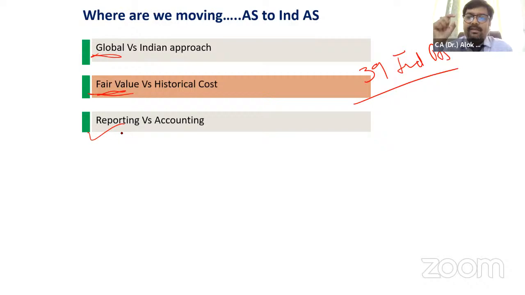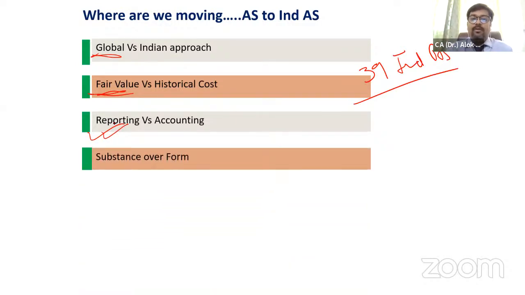If I compare my Indian financial statement, which is a 30 or 40 page financial statement, and convert these 30-40 pages under accounting standards into an Ind AS or IFRS financial statement, automatically it will become 60 pages. Why? Because there are a hell of a lot of detailed disclosures in IFRS and Ind AS, which make your financial statement thicker, right? So it is more towards reporting rather than only accounting.